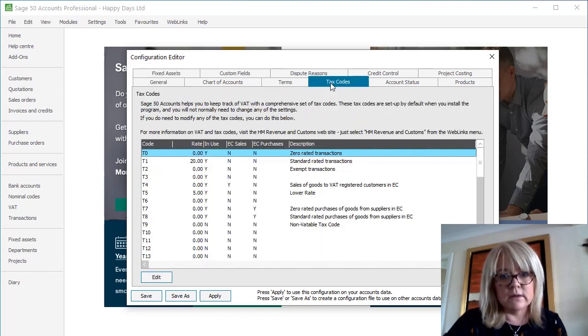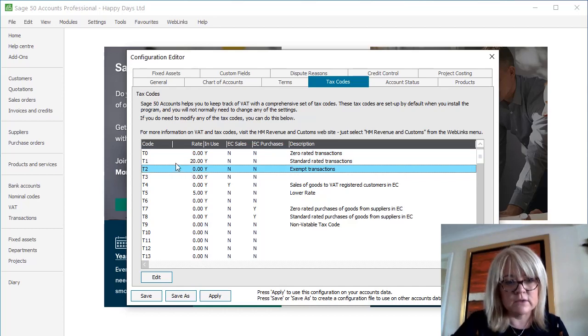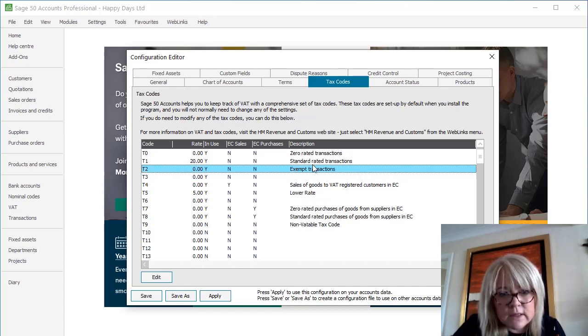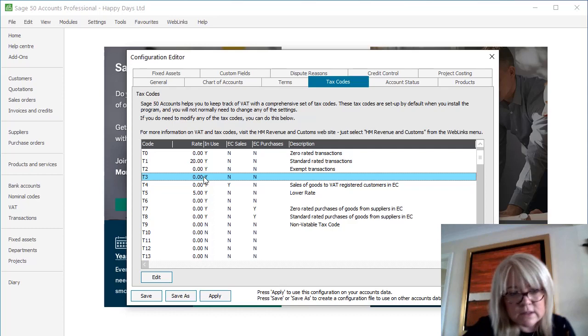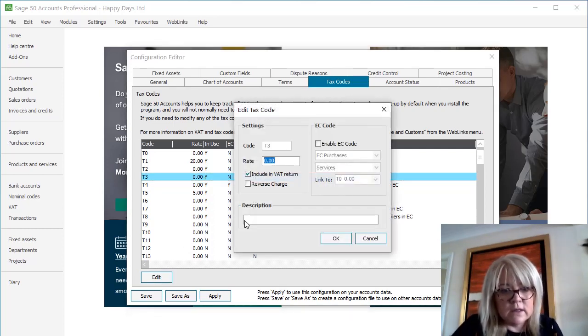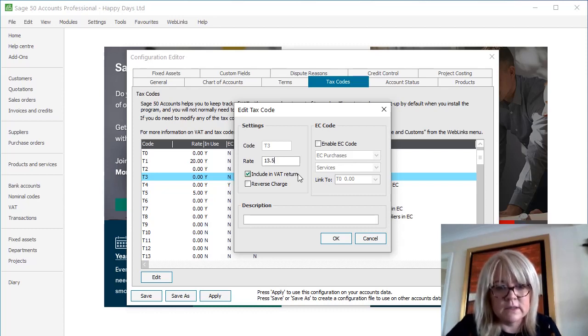in there I have a tax codes tab, so click on tax codes, and if I click on T2, just after T1 there, it's 20%. Actually, T2 is exempt transactions, so I'm going to leave that as it is. I'll take T3 there, and I'll edit that, and the rate there needs to be 13.5%, and it's part of the VAT return. This is tax usually on services, and